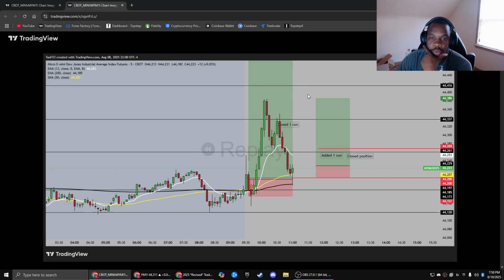And I kind of was just riding it up. This RR is basically at the top, the high of the day. So I wasn't really expecting it to go up there, off the rip, but it was pushing up strong, and I held this all the way up here, closed the contract here at this candle close, I believe,